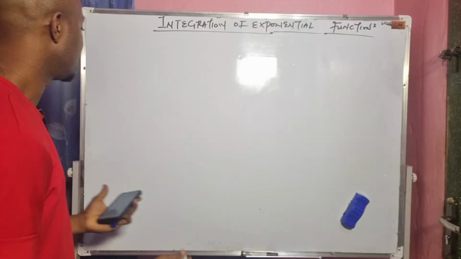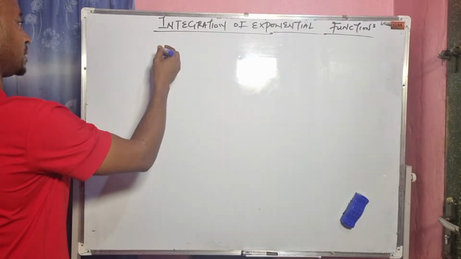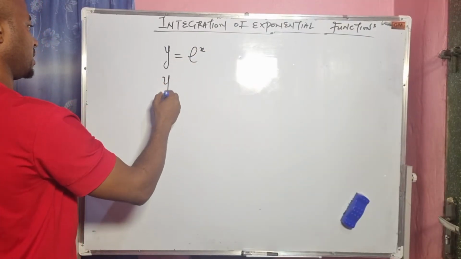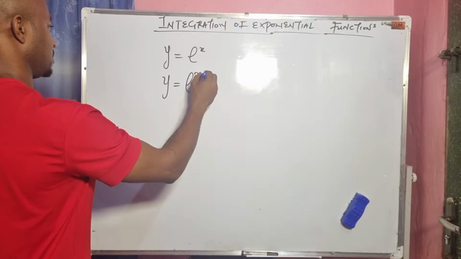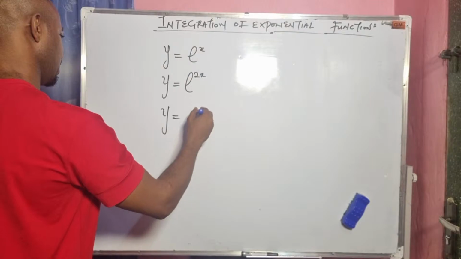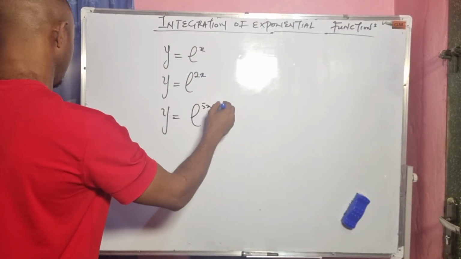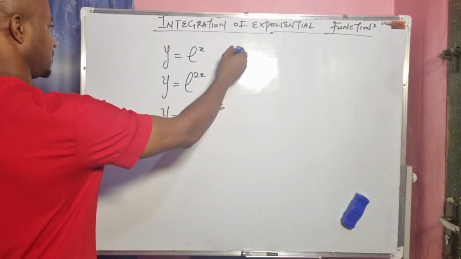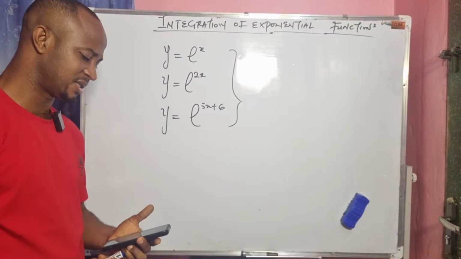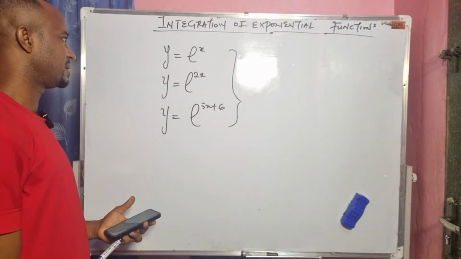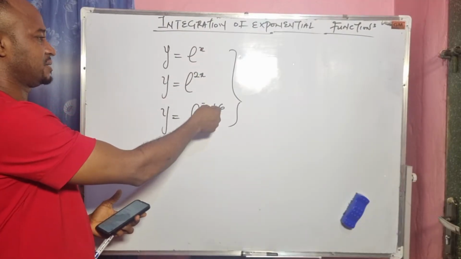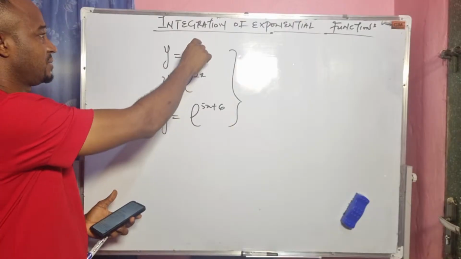If we have a function like y equals e to the power of x, y equals e to the power of 2x, or y equals e to the power of 5x plus 6, all of these are exponential functions. So it's a function in which the variable appears in the exponent. The variable here is representing powers. The word exponent simply means